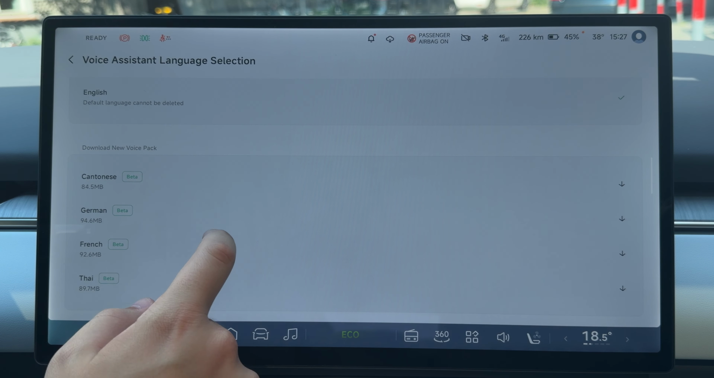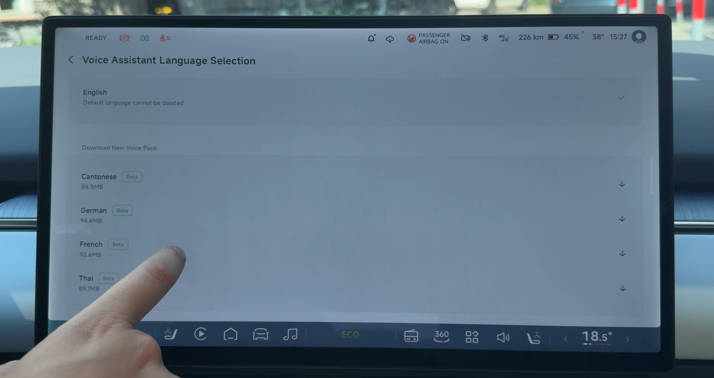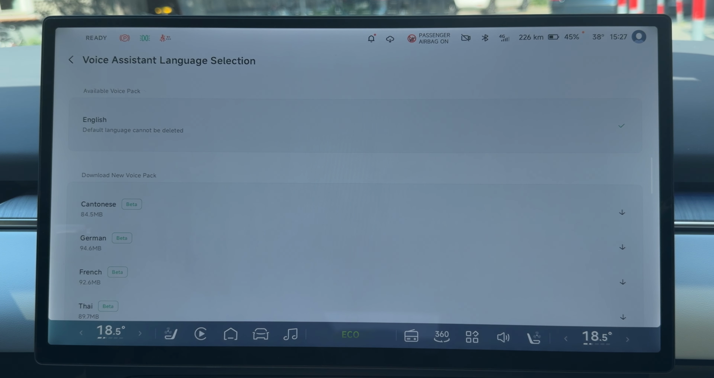And there's 4 languages. As you can see, the English is the only language that's fully supported. And the Cantonese, German, French, or Thai are all in beta. So they might not work that great, but still they're here and they are always improving the languages. Soon there should be more languages available to download, but it's really hard to do because, as you know,